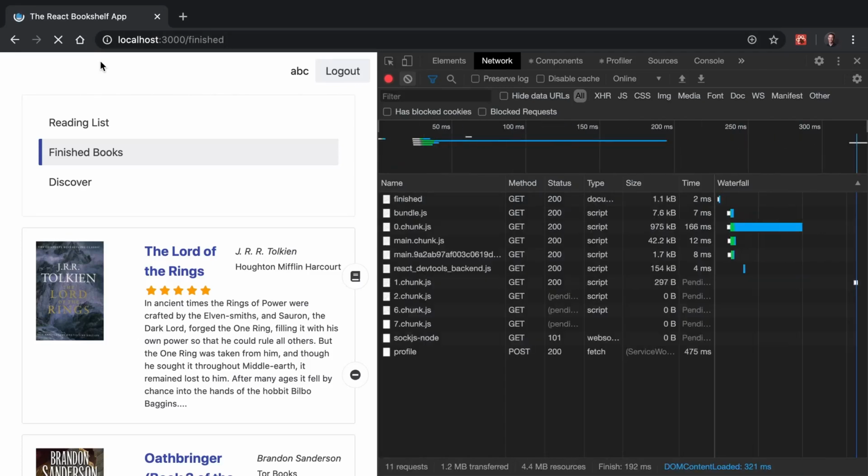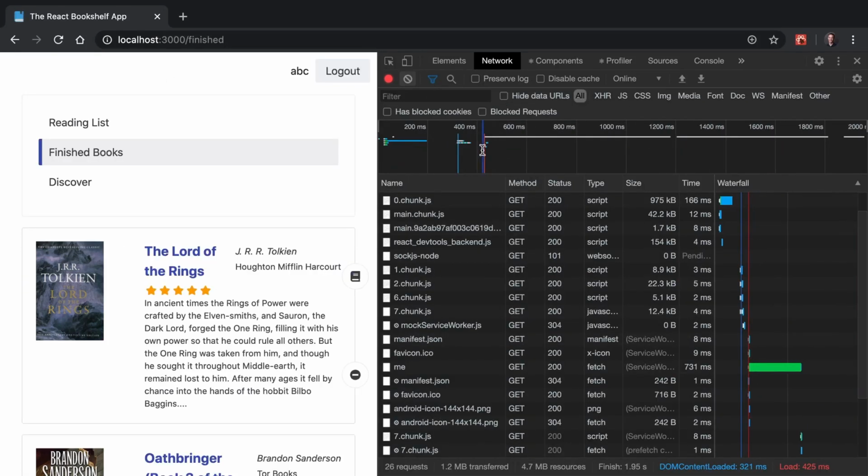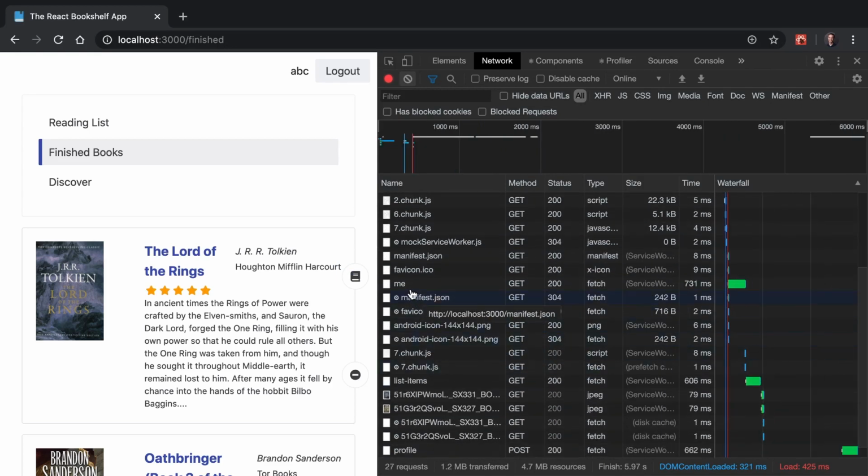For the extra credit, we've got another little optimization that we can make here, and that is we get the user's information, but then we wait until that user's information comes back before we go to get the user's list items. And so we have a waterfall effect between those two requests. And it would be better if we make both of those requests at the same time,